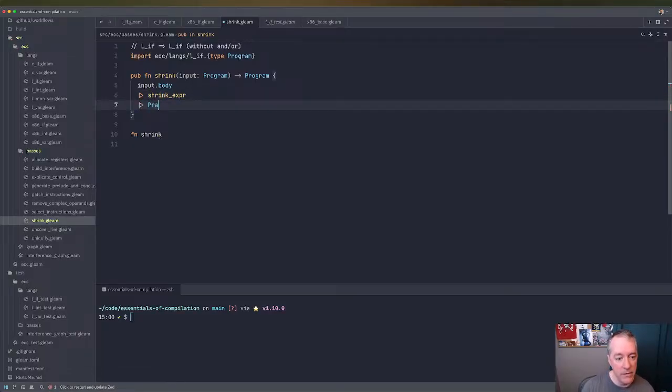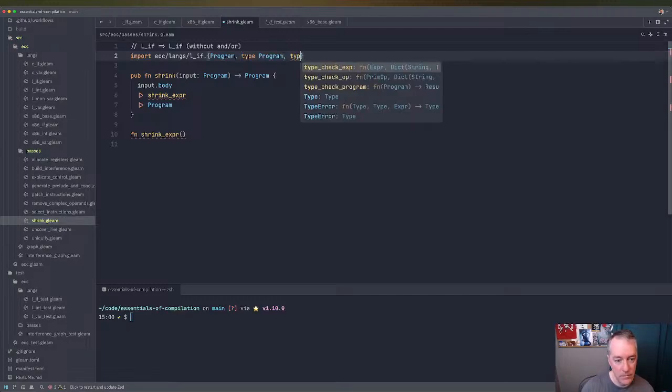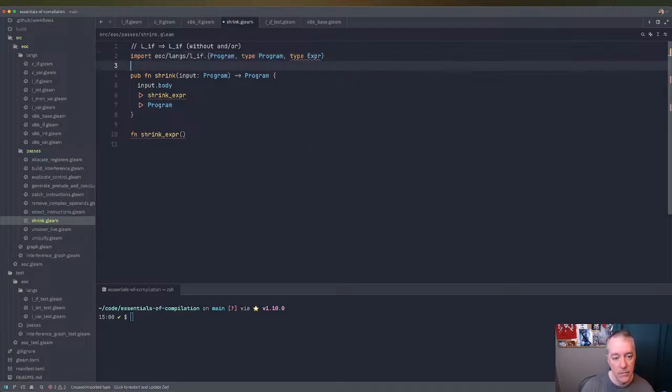And then we're going to wrap it in a program again. Okay. This is going to take an expression, and it's going to return an equivalent expression. And this will be recursive, so